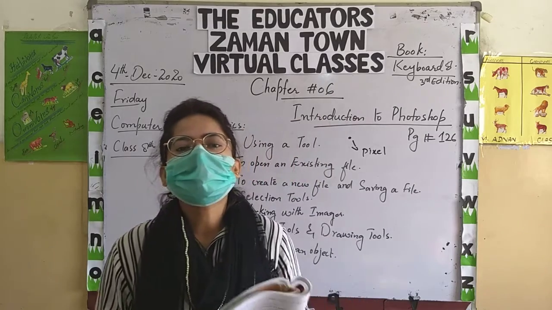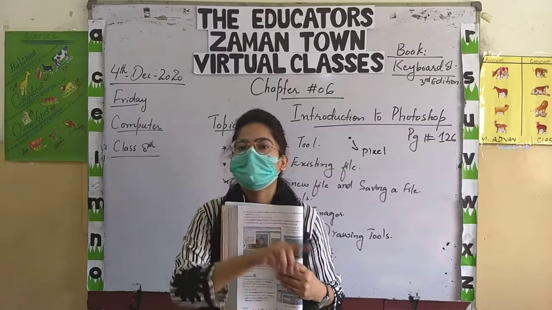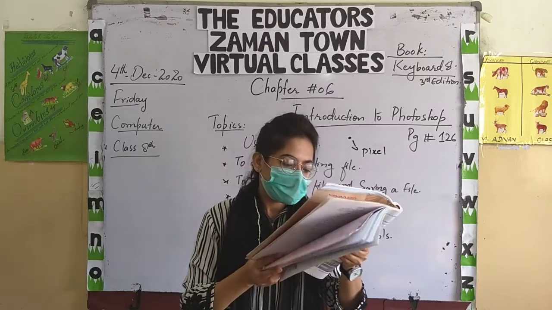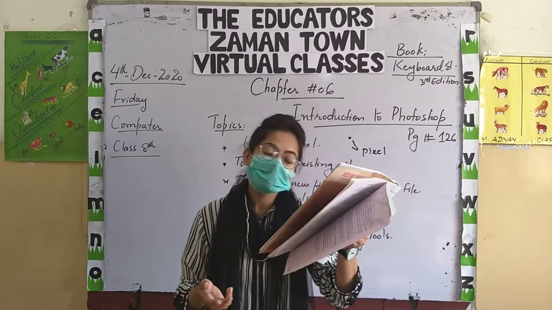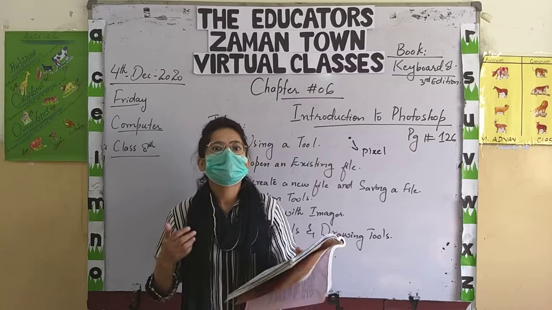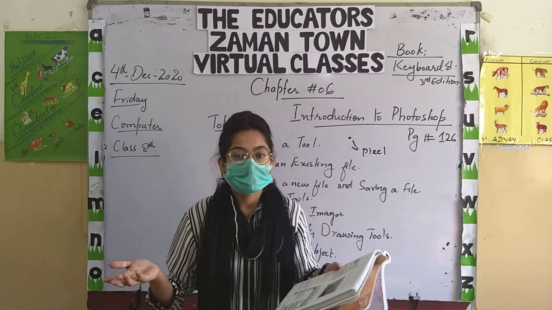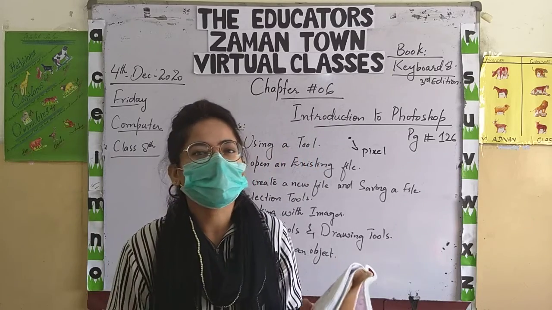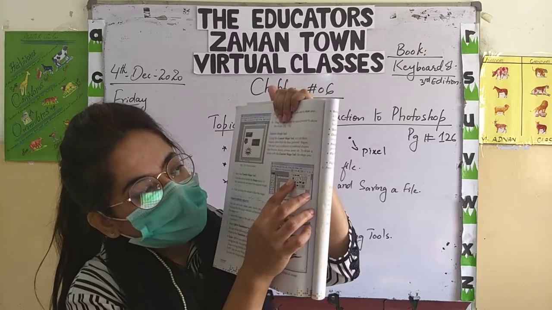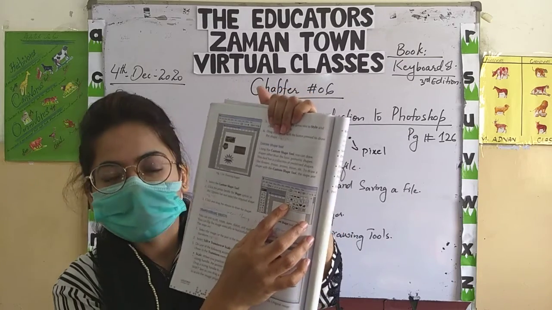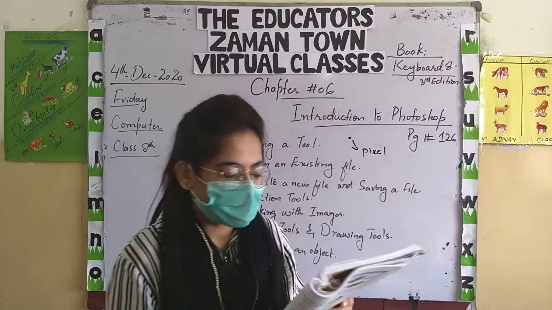Drawing tools. In drawing tools we have different geometrical shapes. You can use the rectangle tool to draw a rectangle. If you want to draw any ellipse, you can do it with the ellipse tool. You have the polygon tool, the line tool, the custom shape tool. In the custom shape tool you have other shapes other than geometrical shapes. You have the arrow, you have the sign, you have this flower, you have this arrow, you have a knife. So different kinds of shapes are available in custom shape.